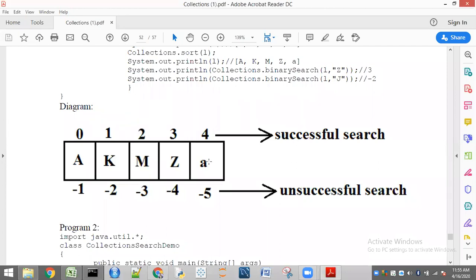Now, when I'm going to search for J, listen carefully. Here, is there any J? There is no J. Then what happens? What has to be returned generally? In some cases, like in your stack class, if the element is not present in your stack, it is going to return -1. There it is the case. But here, by using binary search, if you are going to search for any object in any list, you are going to get some value. How is it going to be generated? I will show you one small example.